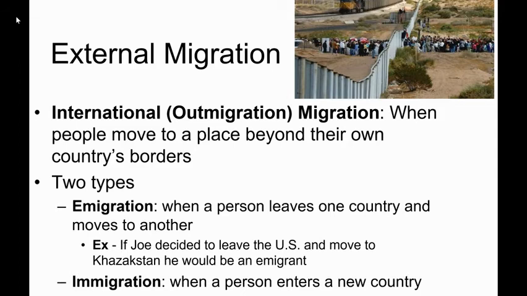So this is the one we're more familiar with. So immigration is when a person enters a country, and so that's what we're used to. So if people from Mexico come into our country, that is immigration. Again, immigration, IM versus EM, where people are leaving. And I made some good generic names there. So if Joe, for your examples, if Joe decided to leave the US and move to Kazakhstan, that's really a hotbed of American emigration, he would be an emigrant. And if Ivan came into the United States, good old Russian Ivan, he would come into the country, and he would be an IM, immigrant.